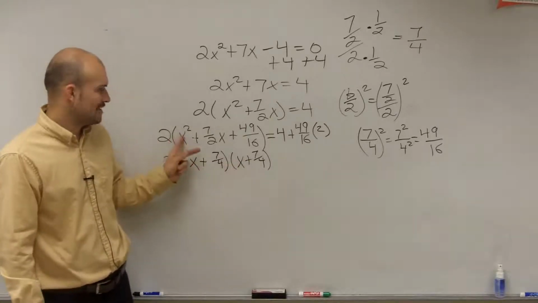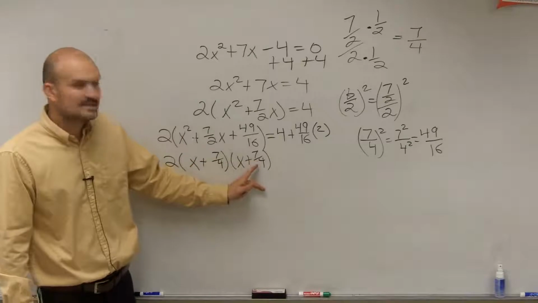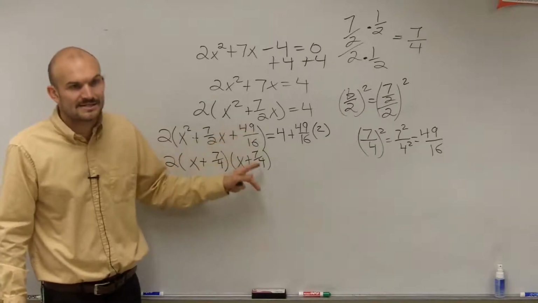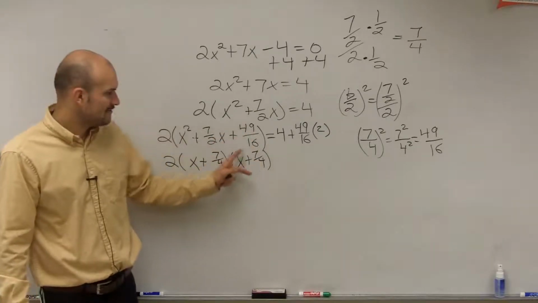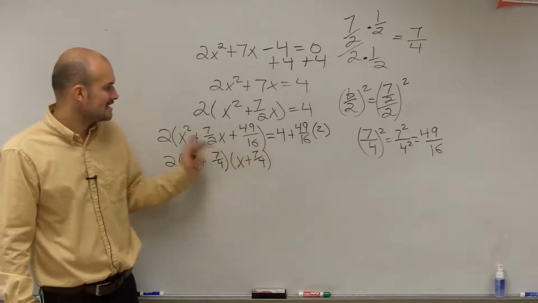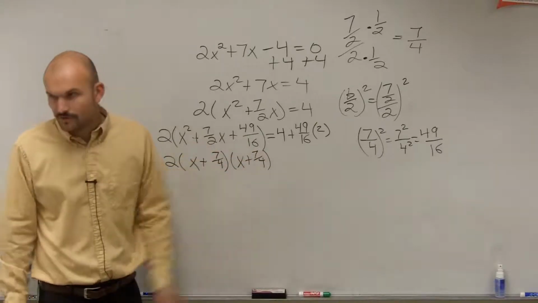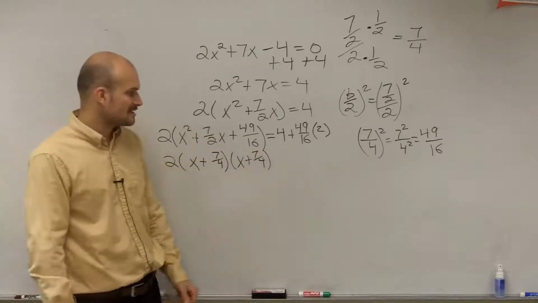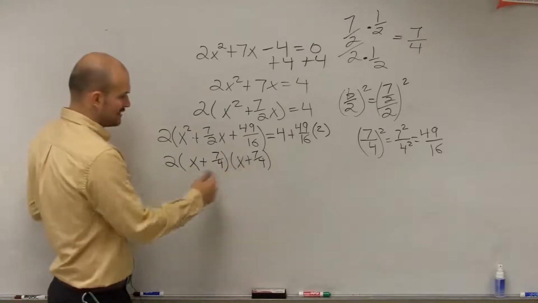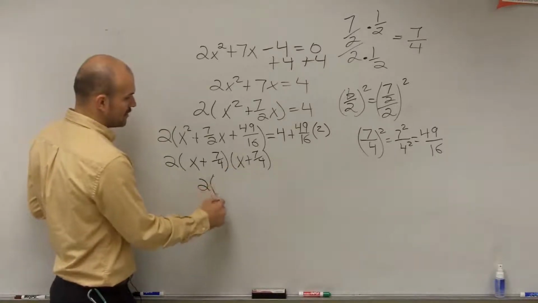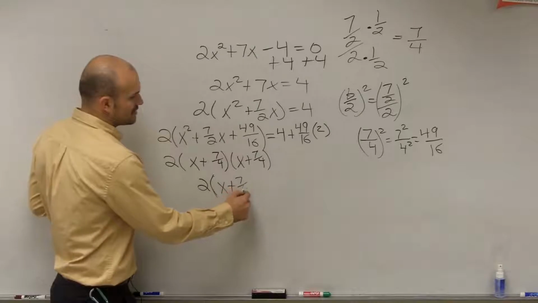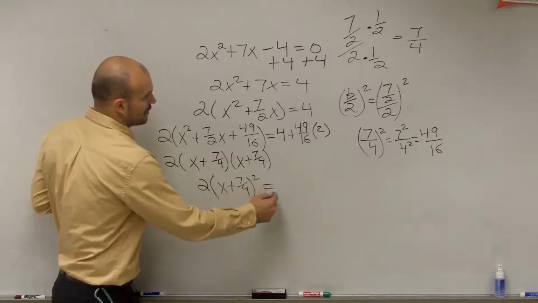Does x times x give you x squared? Yes. Does 7/4 times 7/4 give you 49/16? Yes. Does 7/4 x plus 7/4 x give you 7/2? If you do the math, write it out if you need to. Yes, it does work. But we don't want to write it like this. We want to write it as a perfect square, which is x plus 7/4 squared equals,